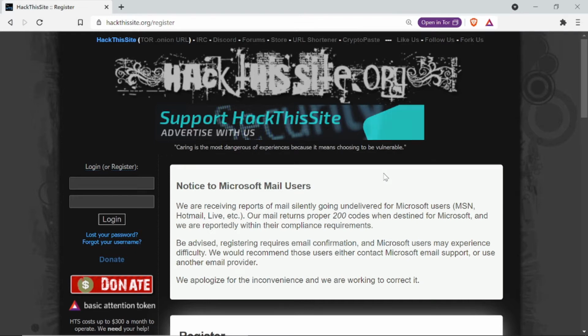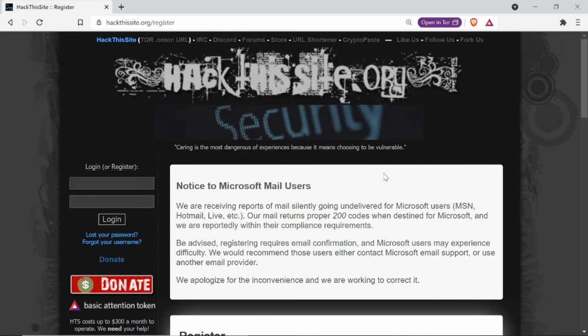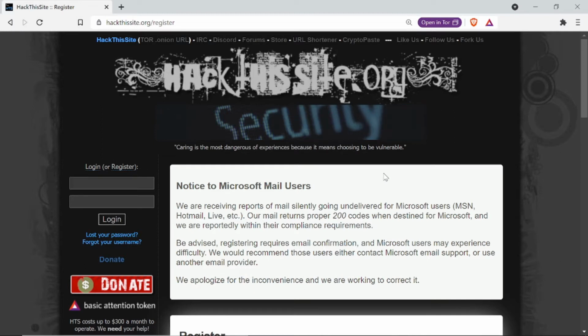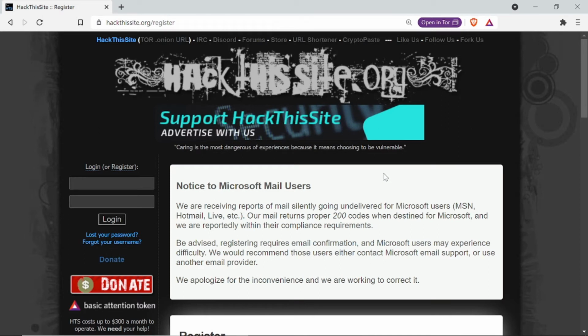So first of all, you can face many issues while you are surfing the internet. Just like you want to download something from some website and they are asking for your email before downloading that file, or you have to read some article on the internet and they are asking for your email before showing the complete article to you, or you want to check the service of any website before availing it. Then you should use a temporary email.